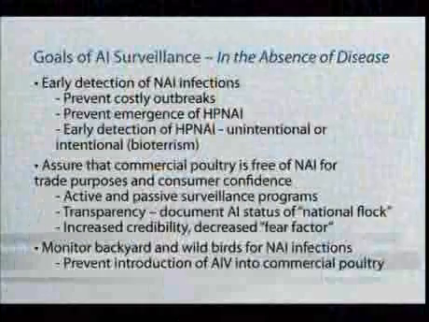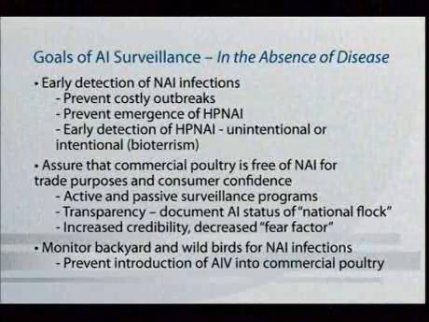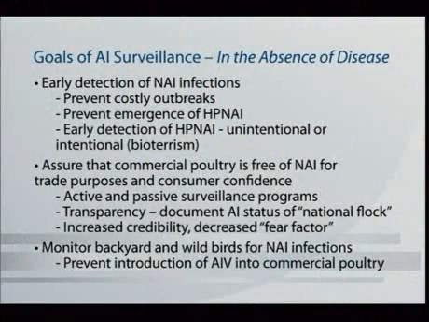This is either the detection of the virus by virus isolation or molecular assays, or the detection of specific antibodies to these two subtypes. Surveillance can also help prevent the emergence of highly pathogenic forms of the disease. We have clear evidence now that highly pathogenic avian influenza actually emerges from low pathogenicity viruses that have been allowed to circulate in poultry for a period of time. So by detecting it early and eliminating these low pathogenicity viruses,